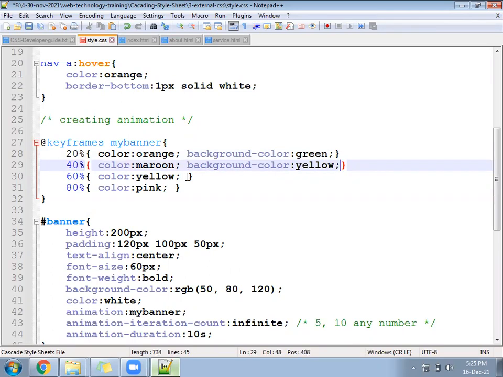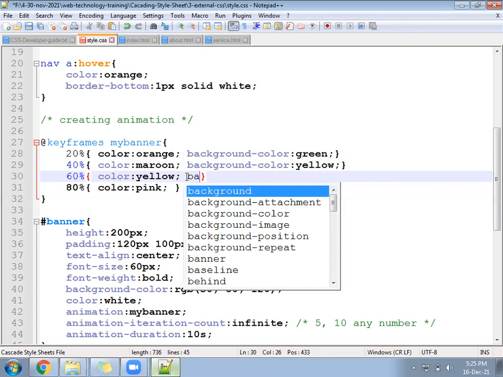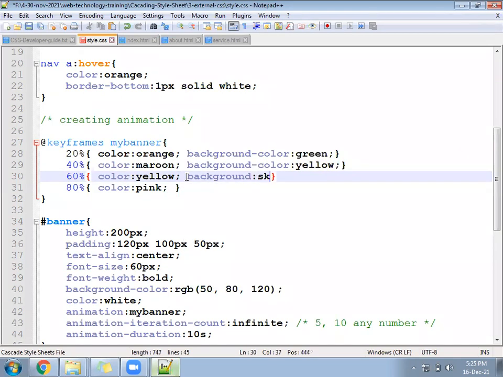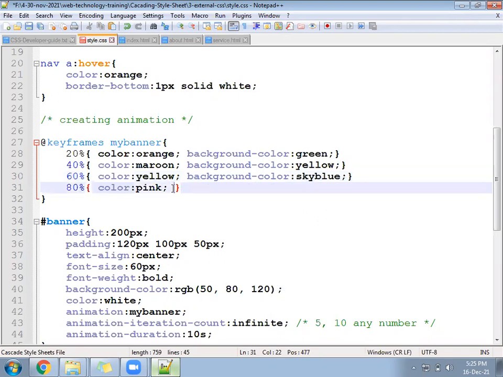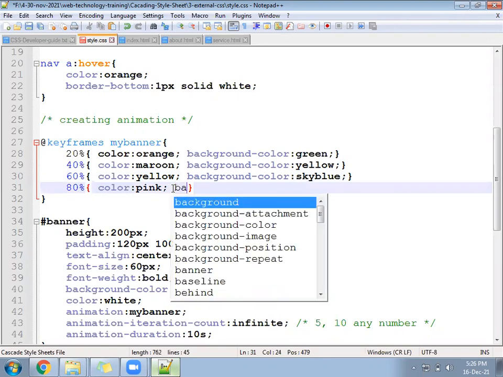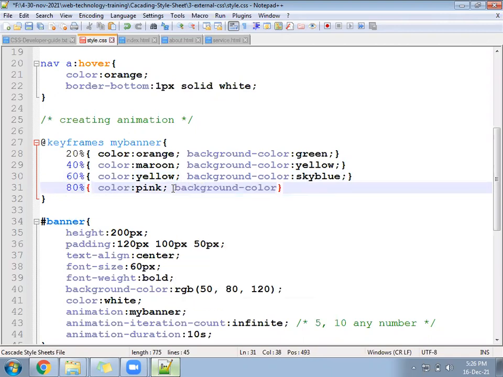Then if yellow is the text, then background keep as a sky blue color. If pink is the text, background hyphen color should become green color.